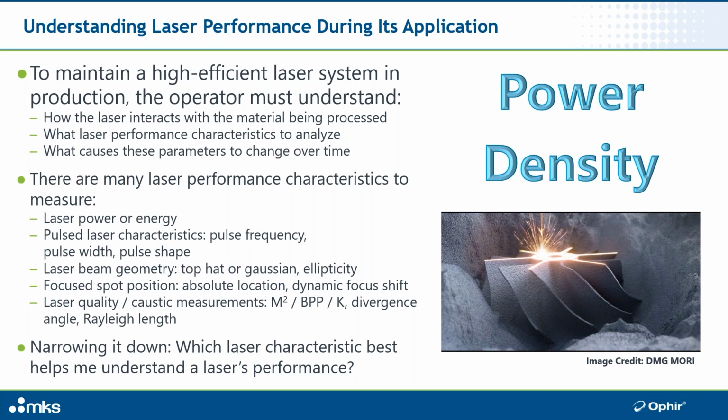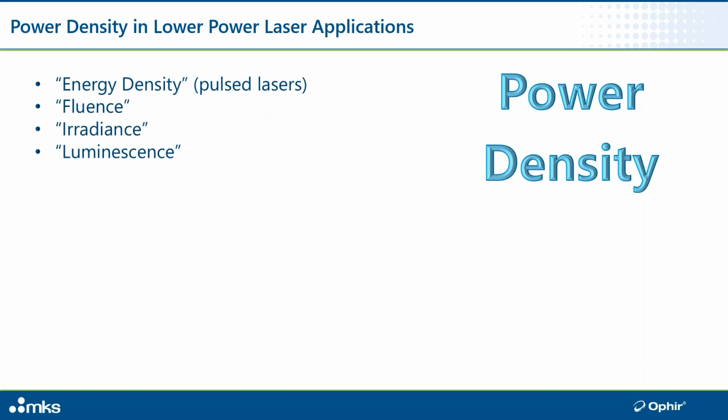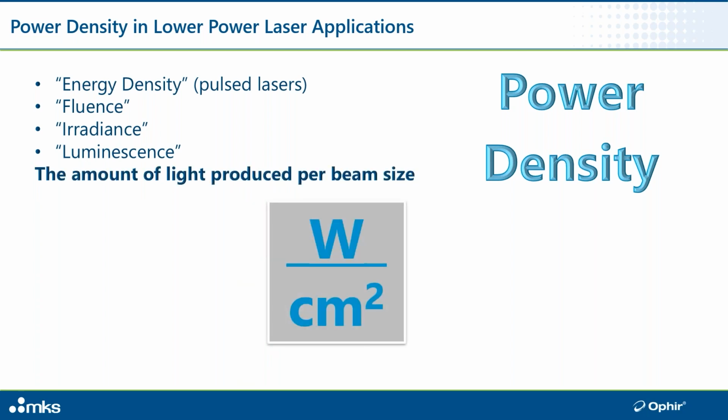I think anybody who's working with industrial lasers in an application is familiar with this particular term. It's known by a lot of different terms: energy density or fluence, irradiance, luminescence, depending on what kind of laser you're working with. But the general definition of power density is the amount of laser light produced per beam size. So it's how much laser light you have with respect to the beam size that's being applied to the process. And it's expressed in watts per centimeter squared, or a variation of this,